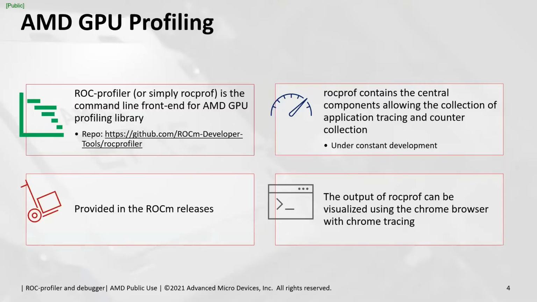As I said, it's one of the command line front end libraries which come with AMD GPU, and it is provided with the ROCm releases. So rocprof contains the central components allowing collection of different application tracing and hardware counters that you're interested in. And by looking at those, you can understand the performance of your applications. One of the nice things about rocprof is that you can visualize the output of rocprof, all the traces and all the timelines in the Chrome browser, which